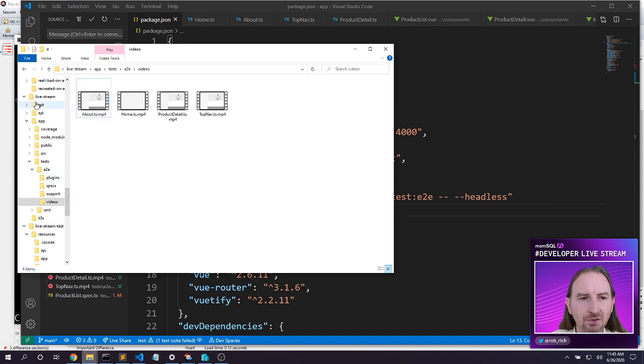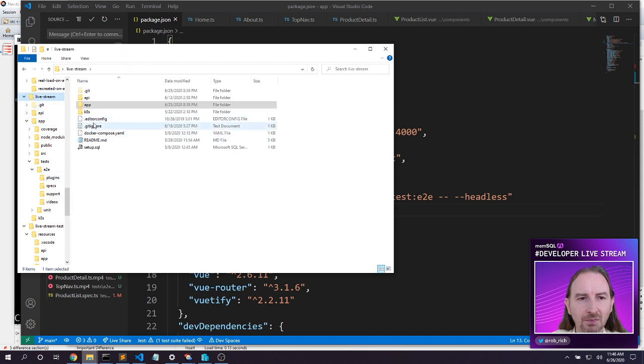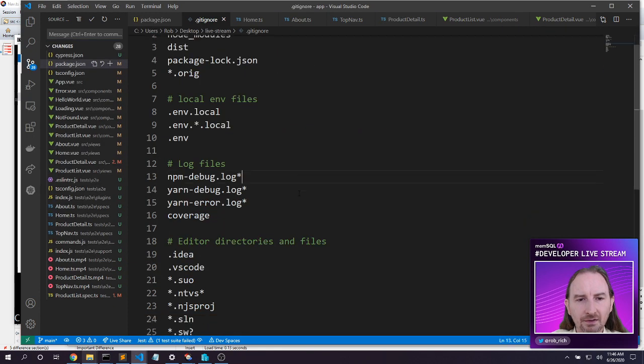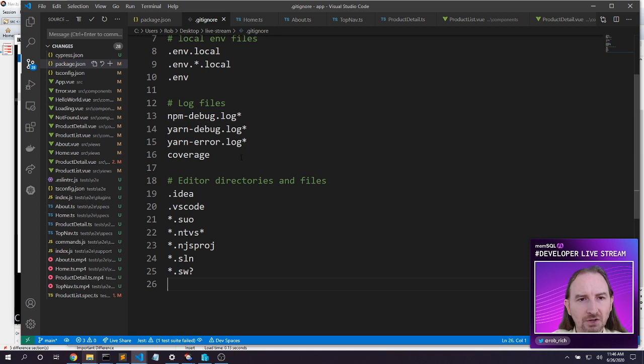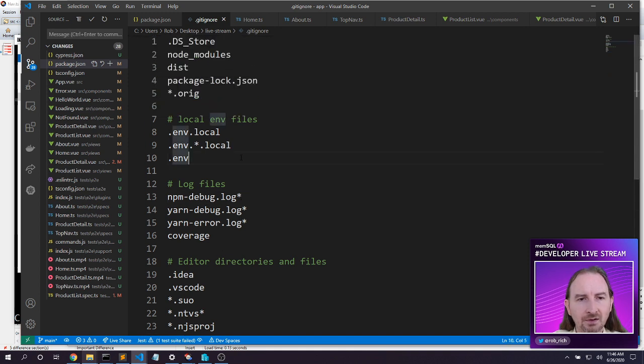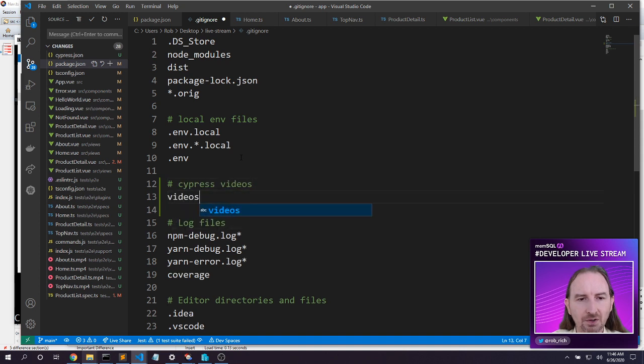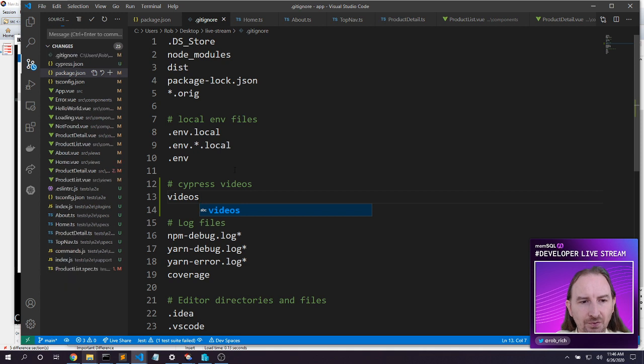But we do want to ensure that we don't accidentally commit these. So in our .gitignore, let's also add log files, Cypress videos. Let's exclude that videos folder. Now we don't have all of those videos that we accidentally commit. So this was really cool. We got to take a first stab into Cypress. We built tests, end-to-end tests that validated all of the pieces of our components that we